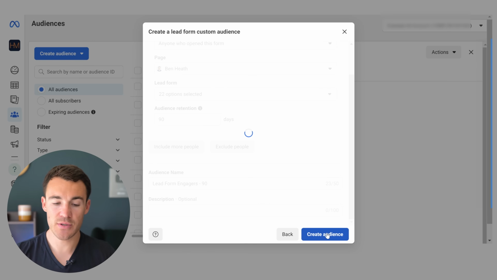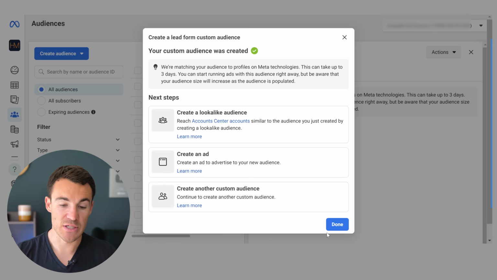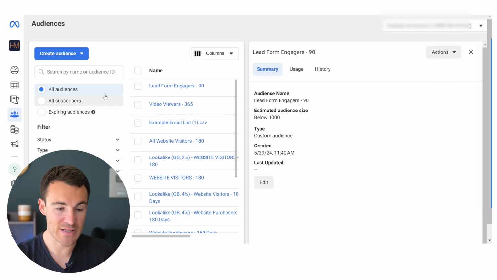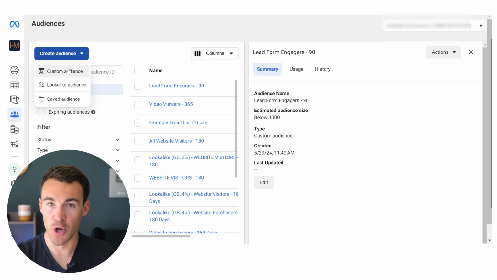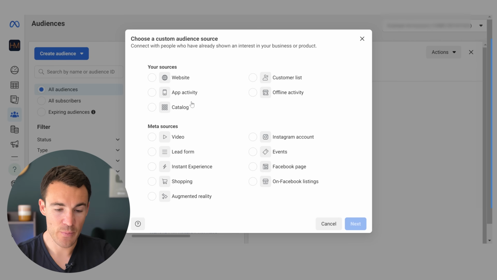And then we click create audience. Okay, so that's our lead-based custom audience. So if you are running campaigns with lead forms or instant forms, it's a no-brainer to go ahead and get that set up. Then we go ahead and select custom audience, and there's a couple of others that I want